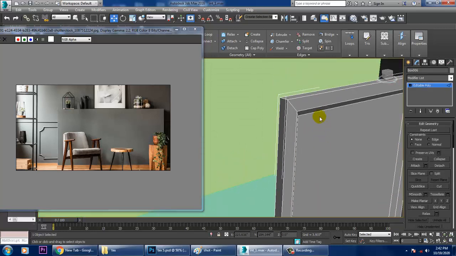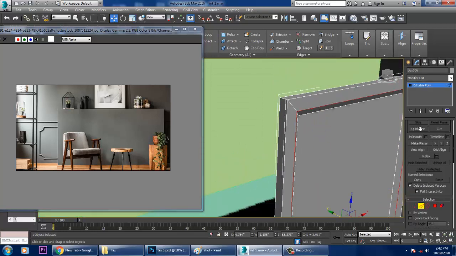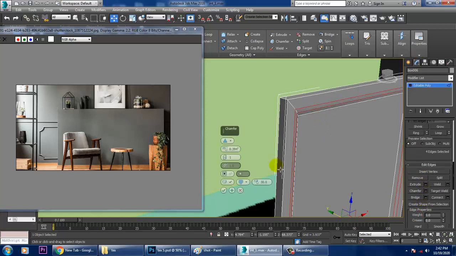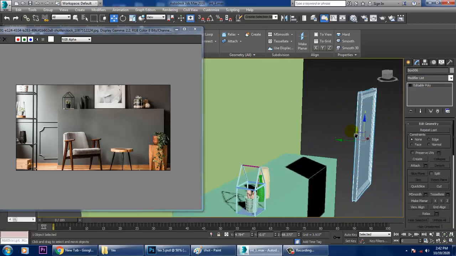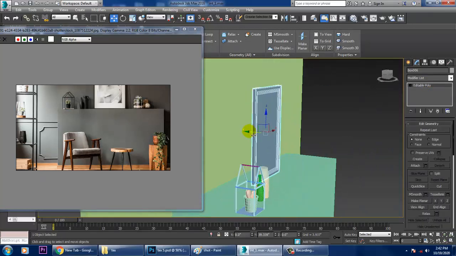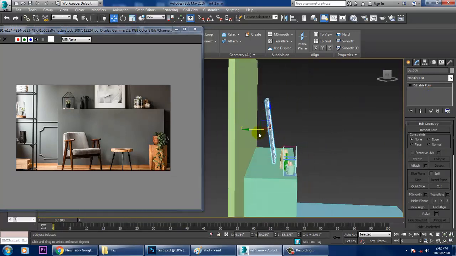Select these edges and let's give a bit of chamfer to it. So once you give chamfer, it looks much better now. So we can just push this over here and you can just rotate it and keep it in that way.